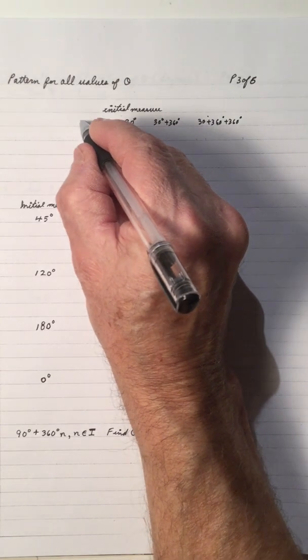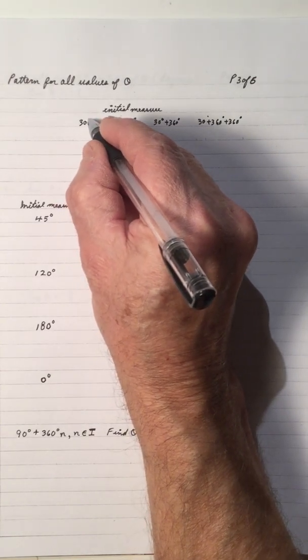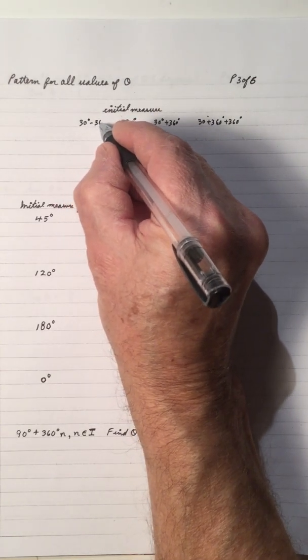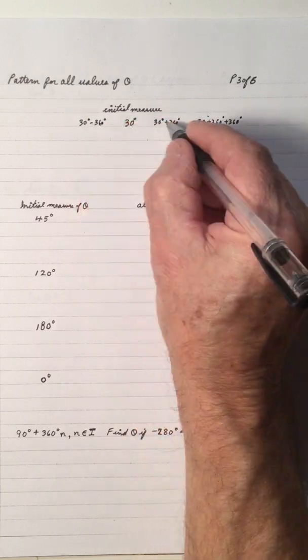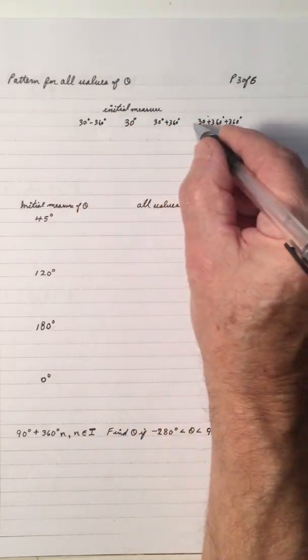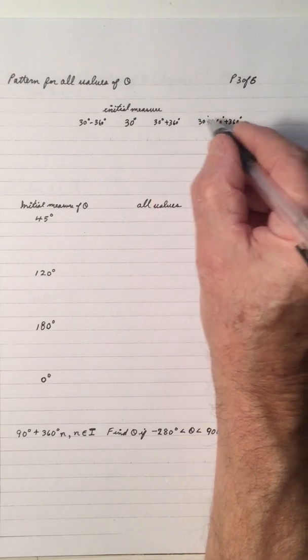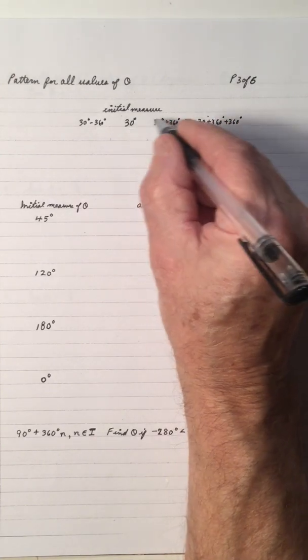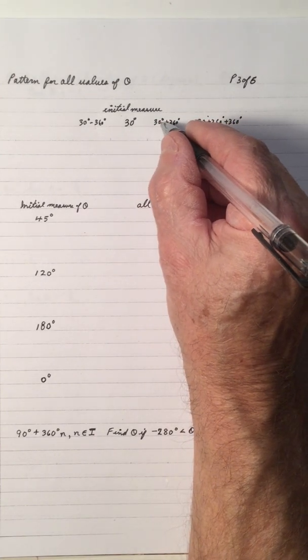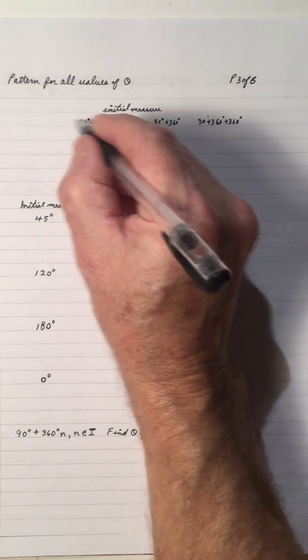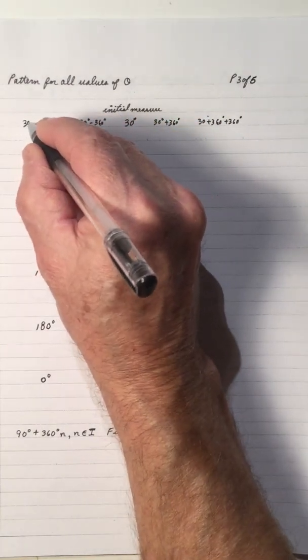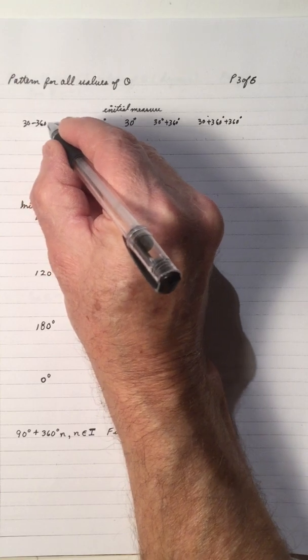If we go back the other way and subtract 360, we should get the same value, because there's 360 degrees between 30 and 390. And if you take 30 and subtract 360 twice,